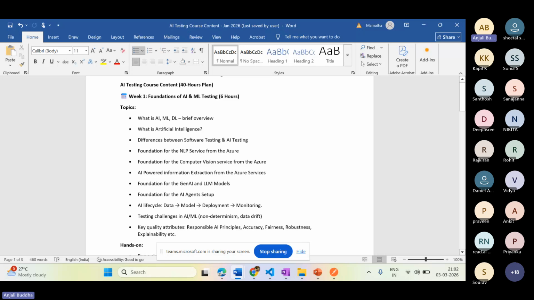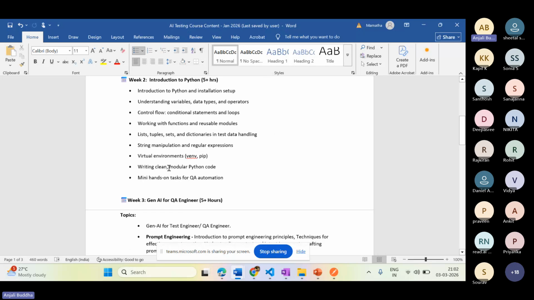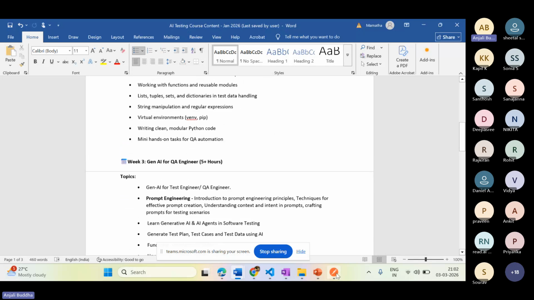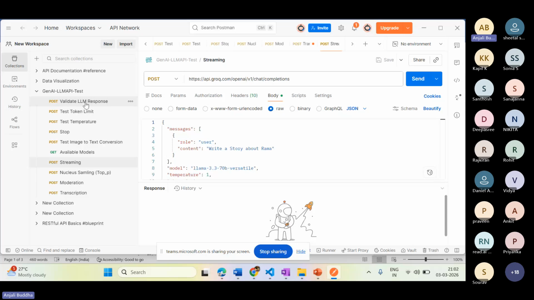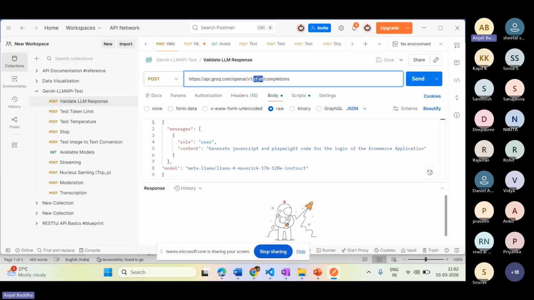So I can show you how exactly you can use these pre-trained model APIs once you create them. Along with that, as part of this LLM API, if you have an LLM model, this is one of the test URLs that we'll be using. For example, if you're providing a certain prompt, and with different models, how the response is coming.